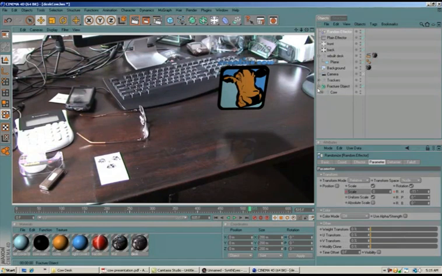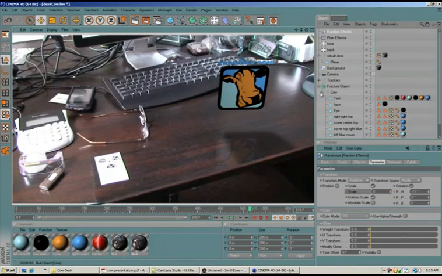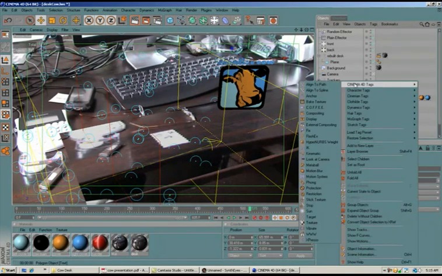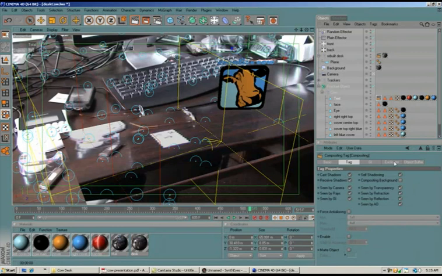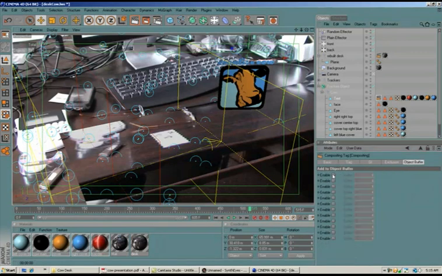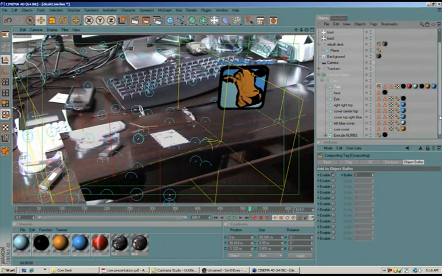So now let's go ahead and get this thing ready to render out. I'm going to take the text and I'm going to right click Cinema 4D tags and put a compositing tag on there, and then I want to go to the object buffer and enable object buffer 1, and I also want to do the same thing for the actual cow face here, which is the cow cover. Click that on and off, you can see there. So I'm going to control drag this compositing tag onto the cow cover, which is the face, and change its